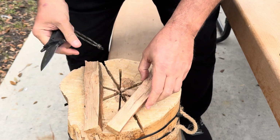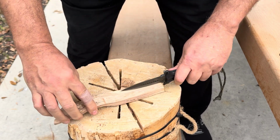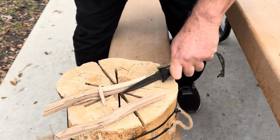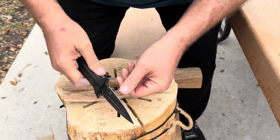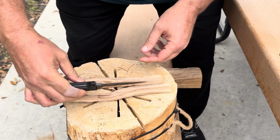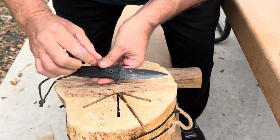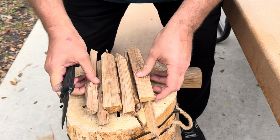Excellent. Okay, let's make them even smaller. Now, I'm batoning and cutting at the same time, so testing out the edges on both sides, and so far, so good. I just noticed that my handles are coming a little loose, so I might have to pause and get my toolkit just to tighten these up a bit, but as you can see, okay,